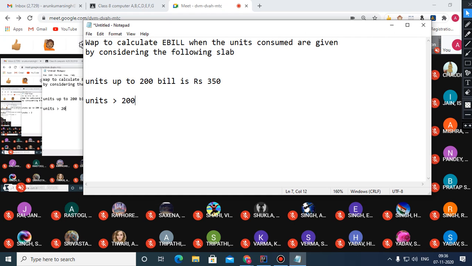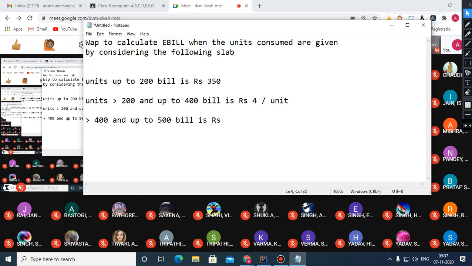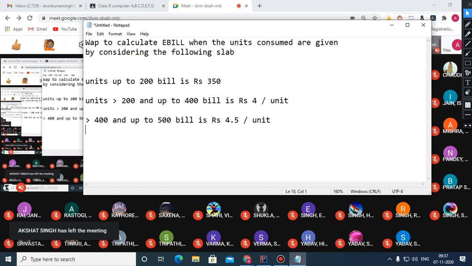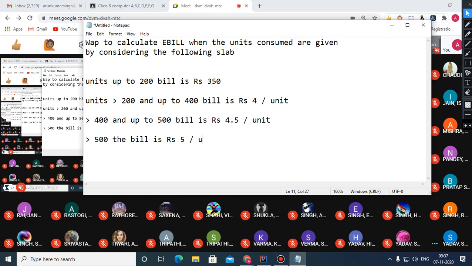Units more than 200 and up to 400, bill is rupees 4 per unit, and more than 400 and up to 500, bill is rupees 4.5 per unit, and more than 500, the bill is rupees 5 per unit. So children, this question you have to do, please note down this question,